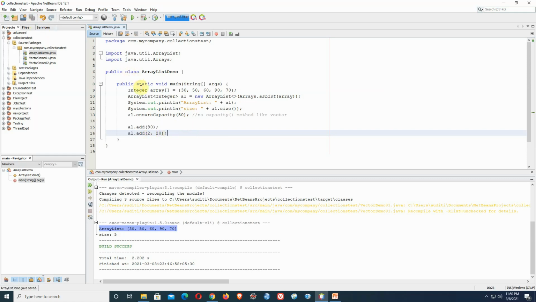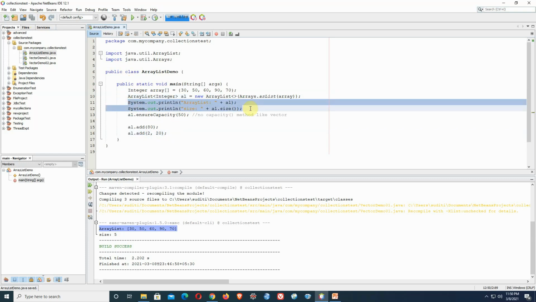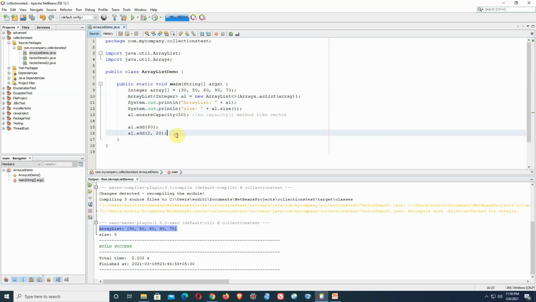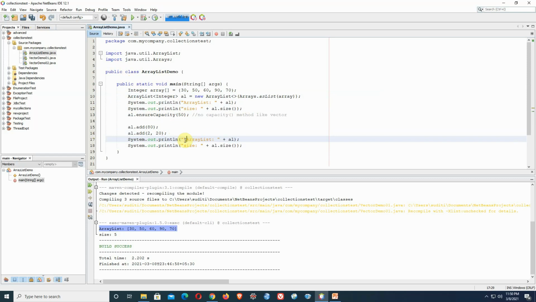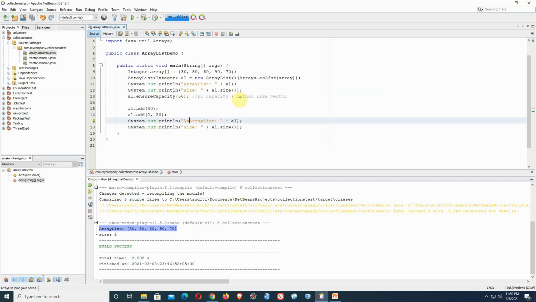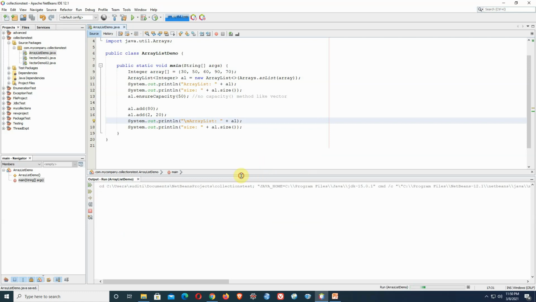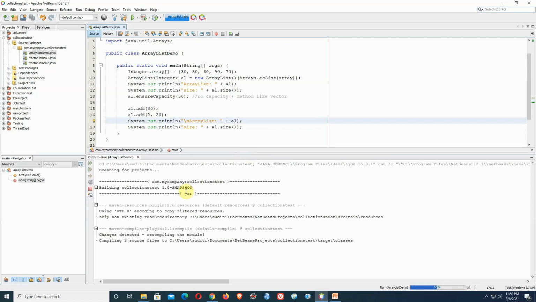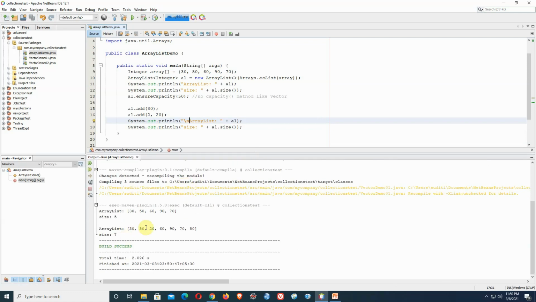Now I am going to see the present status of the ArrayList, so that will be used here in my program. So just run the program for the second time. It will show the present status: at the second position 20 is added here, and 80 was added earlier at the end position, because add means it is actually doing the append operation.